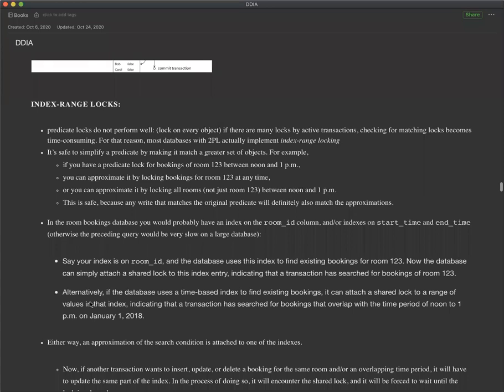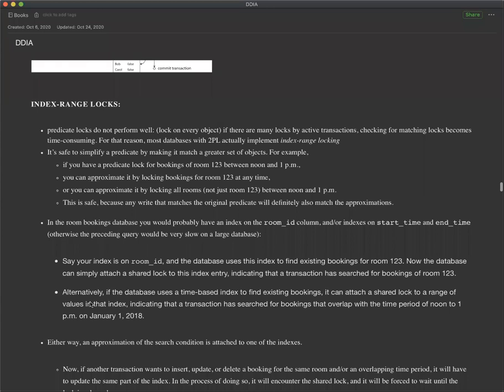So it has to check for all the shared locks that might exist on that particular row, right? And that kind of becomes a bit expensive, especially if there are multiple active transactions and stuff. And they say that the better way to implement an actual predicate lock is if you can directly do it on an index, right? And they gave the meeting room example for the specific scenario,